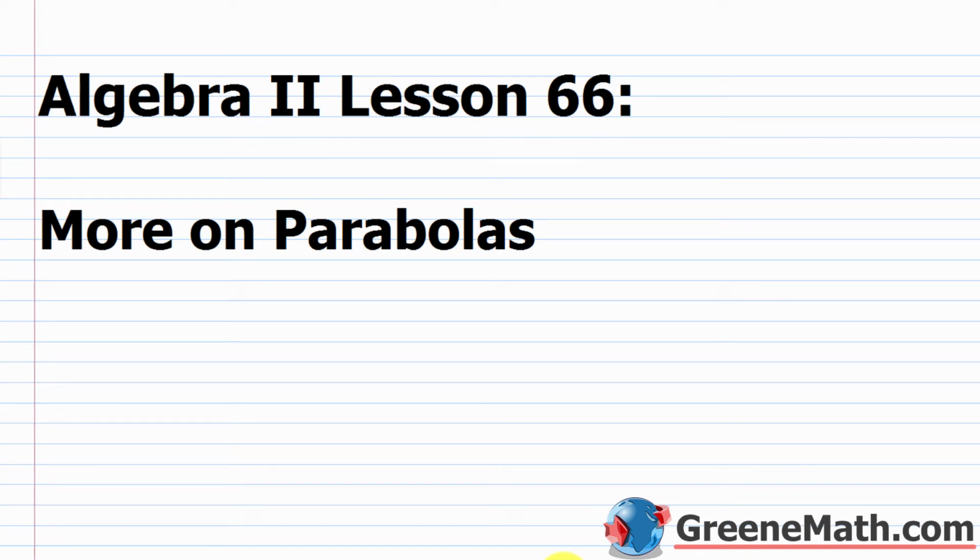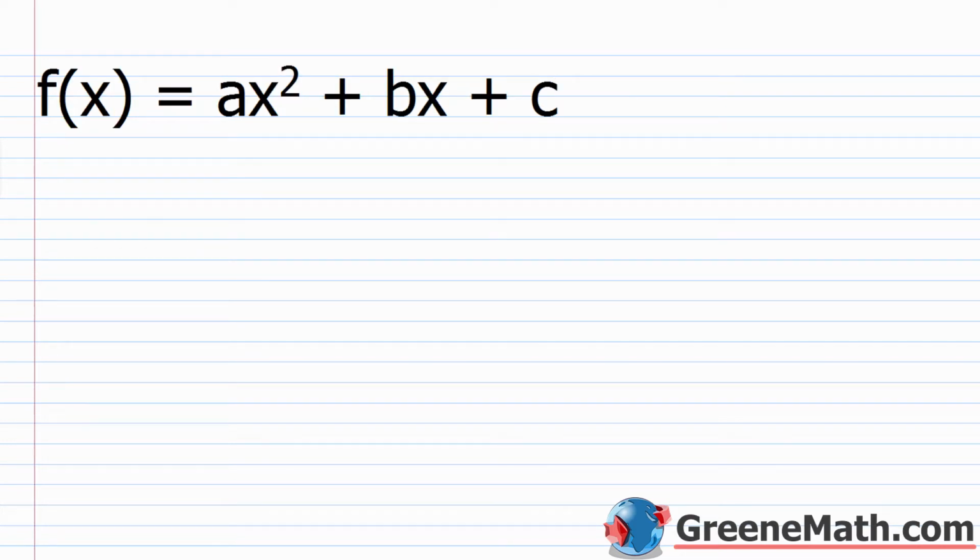In this lesson, we're going to continue to learn about parabolas. So in the last lesson, we covered some basic topics that come up when working with parabolas. In this lesson, we're just going to go a little bit further and expand on what we know. So the first topic we're going to talk about today would be how to find the vertex when our function is in standard form. So we see we have f of x is equal to ax squared plus bx plus